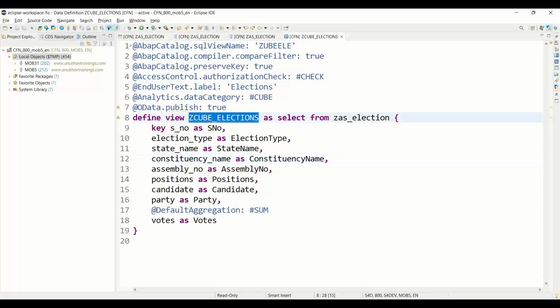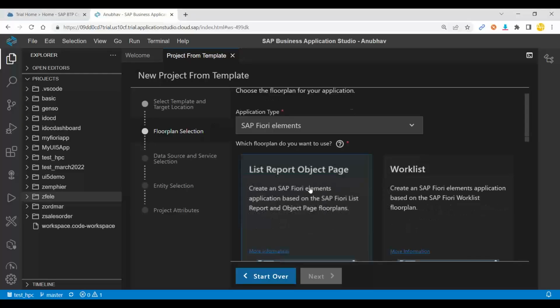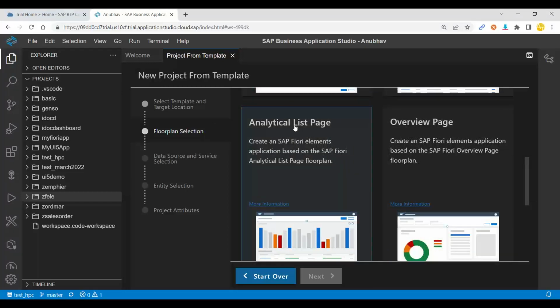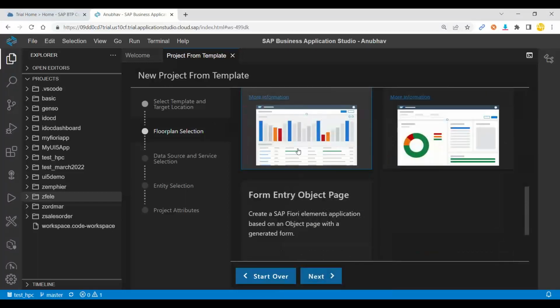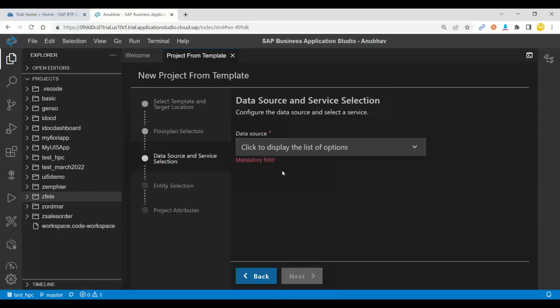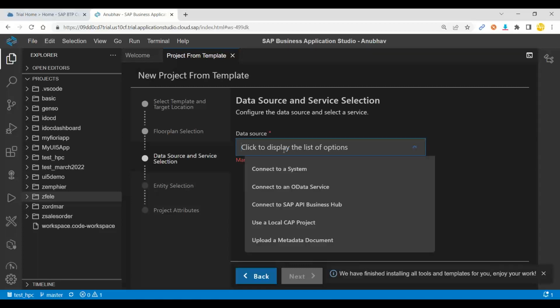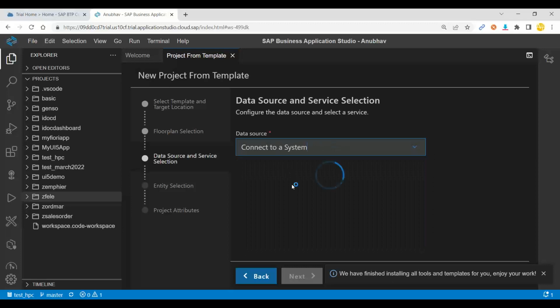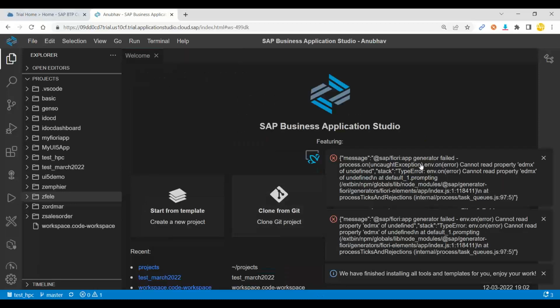Let's copy the cube name in the meanwhile, and today we will develop an analytic list page application in Fiori. Click on next, and now we choose the data source connecting to a system. Click on next,